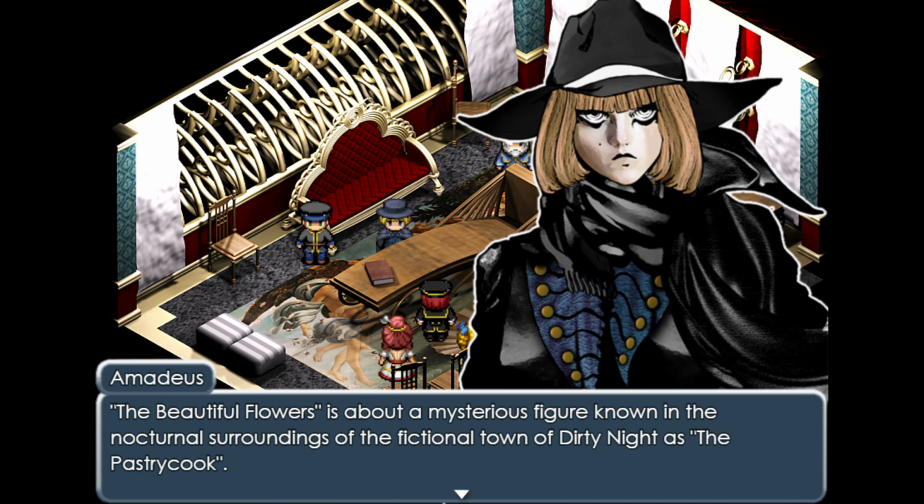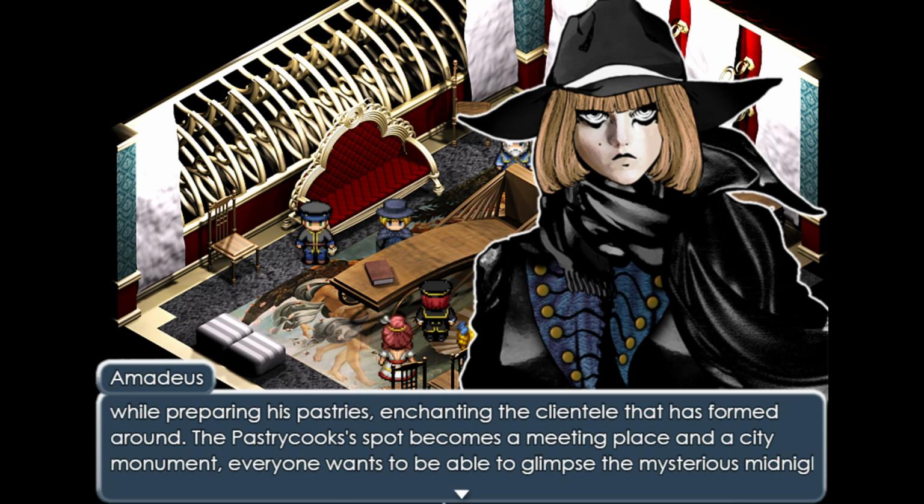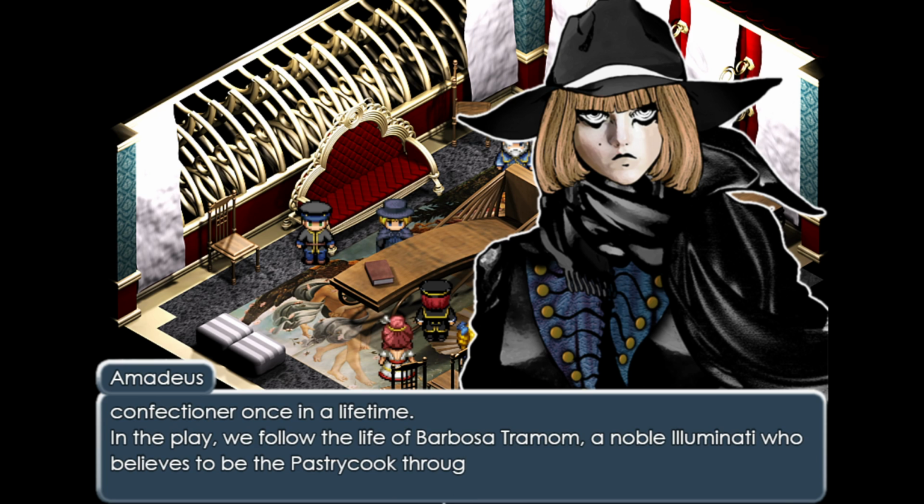The Beautiful Flowers is about a mysterious figure known in the nocturnal surroundings of the fictional town of Dirty Night as the pastry cook. The pastry cook only shows up at the town's commercial centre at midnight, wearing a black overcoat and a top hat, too pompous for someone selling peasant fat. The character performs magic tricks while preparing his pastries, enchanting the clientele that has formed around. The pastry cook's spot has become a meeting place and a city monument. Everyone wants to be able to glimpse the mysterious midnight